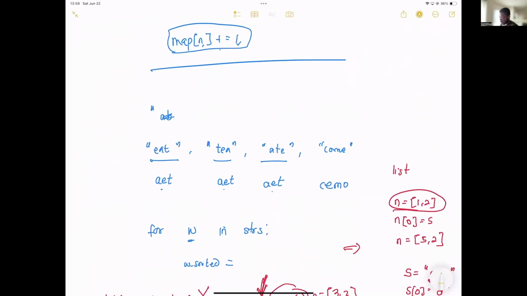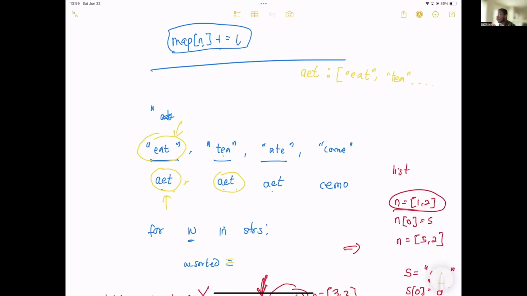What we want to do is take every word and sort it. When we sort them, the anagrams give the same result. So if we had a dictionary where we use the sorted thing as a key, then if I sort you and I get the same thing, I'll add it to that key. So we want something like this. When I sorted T2, I got AET. Then I'll put this also here, and so on and so forth. So we want to use that sorted value as a key in a dictionary.